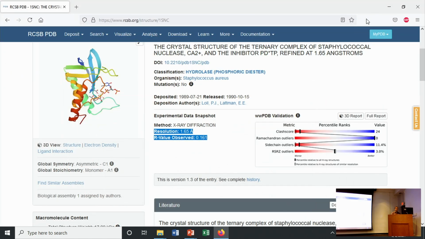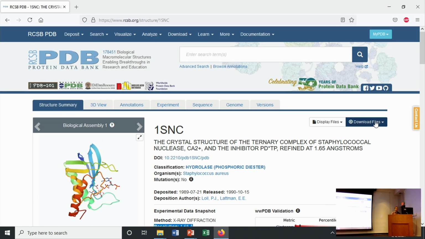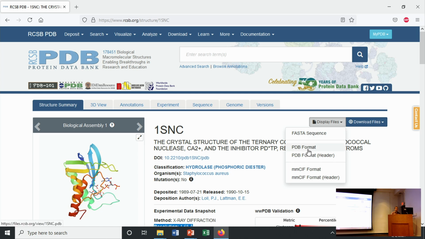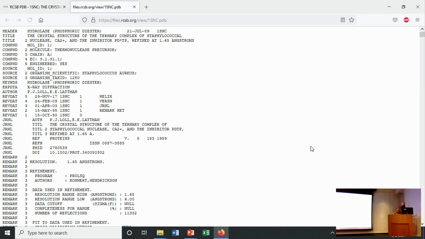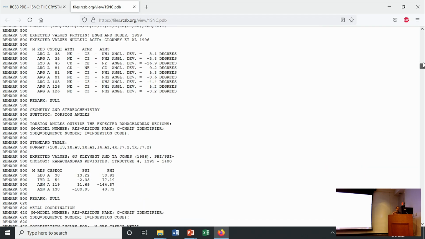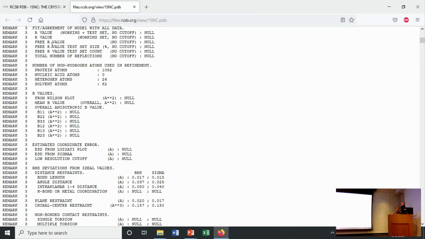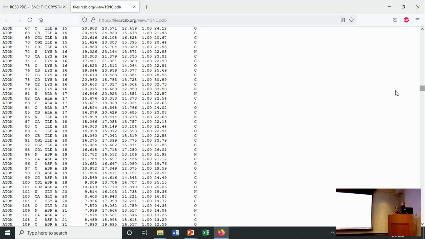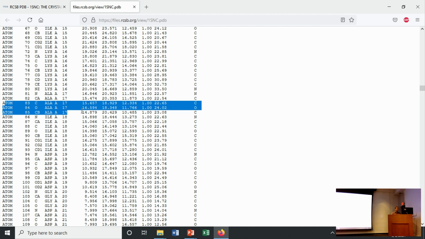And as we did yesterday, yesterday we actually downloaded the file and took a look at it. You can also go in here and just view it. And so if we take a look at the PDB file in the web, again, we looked at some of this yesterday, but remember, there's a lot of remark information up here at the top. This is a lot of details on how the structure was determined, refinement conditions, software that they used to determine the structure. But then the main thing that you guys are going to care about are going to be